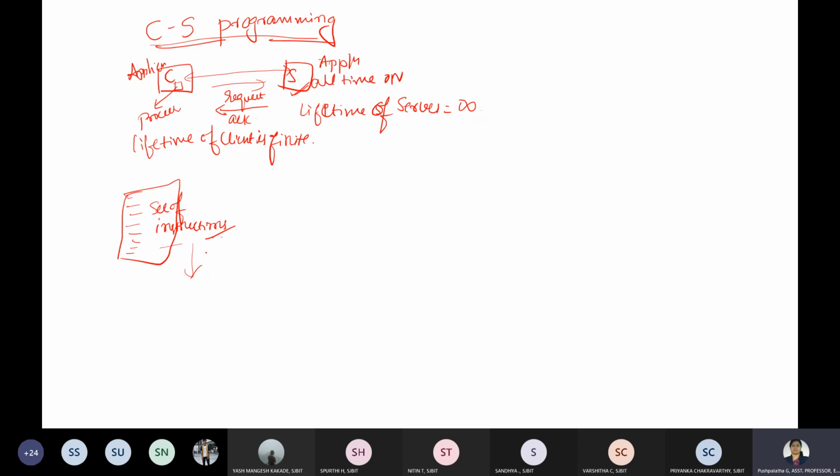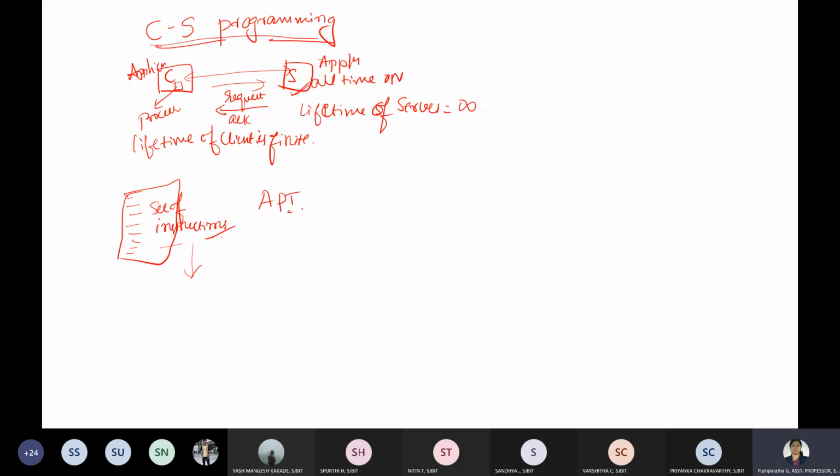So you need all these things. How do you manage it? You need some set of instructions. These set of instructions, through which you tell the layers below what they have to do, are referred to as API.